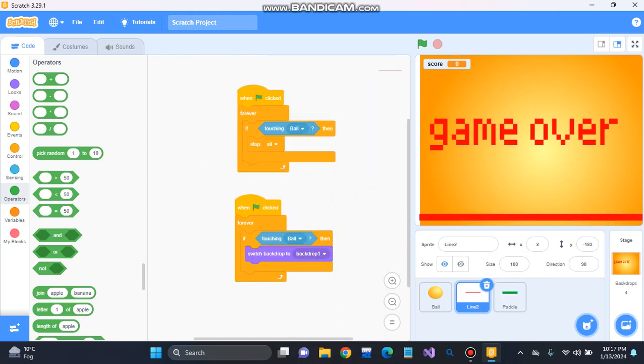And if you go to the line, I have also added code so that if the ball touches it, stop all the program, and then you're going to switch to backdrop 1, which is the game over. And if we talk about